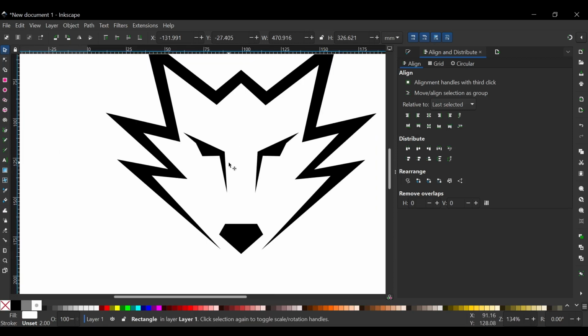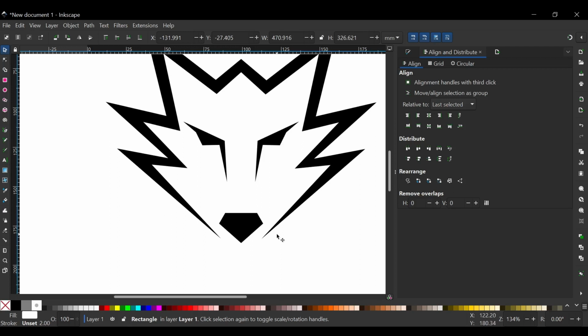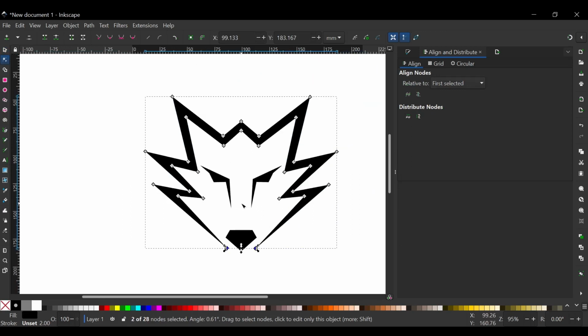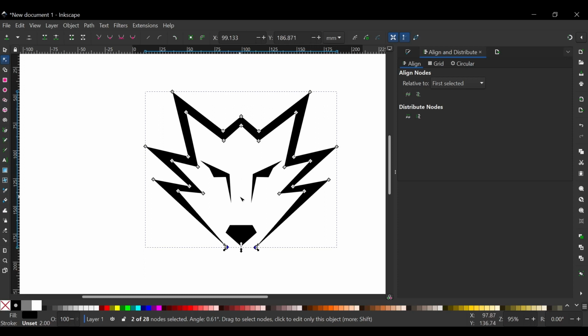Again, you can make, I guess actually I'll make one last change. I will go ahead and click on this object. I will select both of these nodes. I will zoom out a little bit, and I will just push them down. I will just move them lower with the down key on the keyboard,